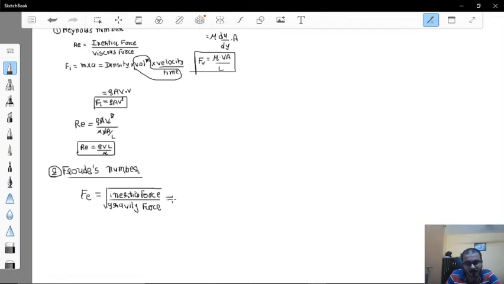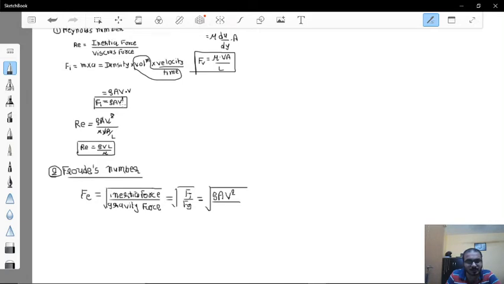That is equal to square root of Fi upon Fg, is equal to square root of rho a v square